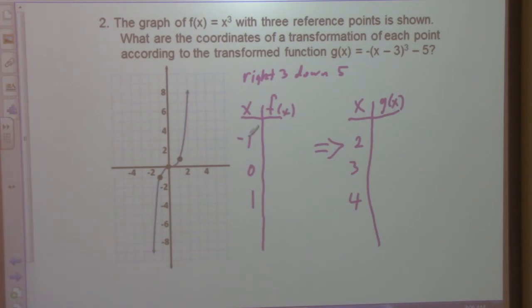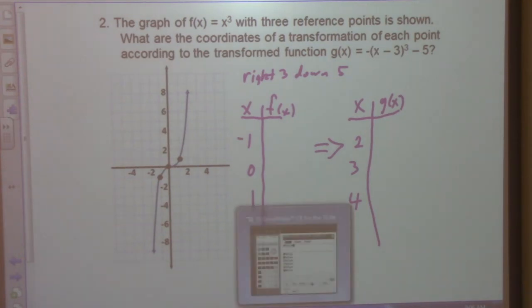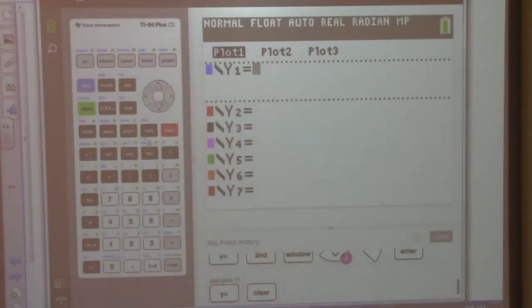Because what you're going to do is let the calculator do that work for you. But you had to be able to do this, the way I'm doing it, you had to recognize what Braden suggested, right? Which was 3 to the right. Okay, so let's continue with that. So we have negative out front. So we're going to enter this as our function right here. All right, so let's do that. So we have negative, we have x minus 3 cubed,